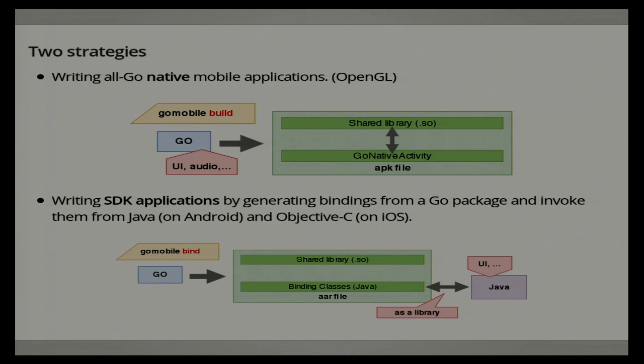There is another way, which is Gomobile bind, which is also called SDK application. What you do is you write Go code, Gomobile generates some Go bindings, and you load it as a library in your Android application. In the first case, Gomobile will generate the APK file, and in the second, you have an AAR file, which you need to import